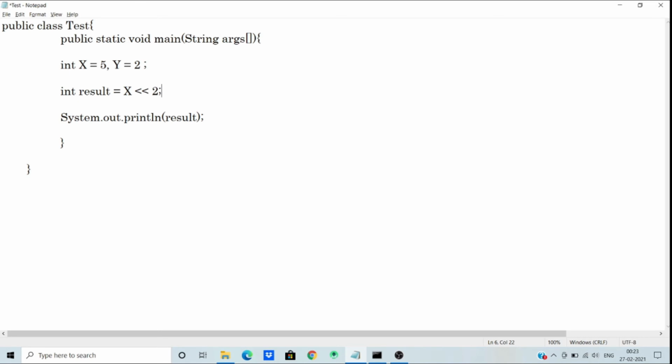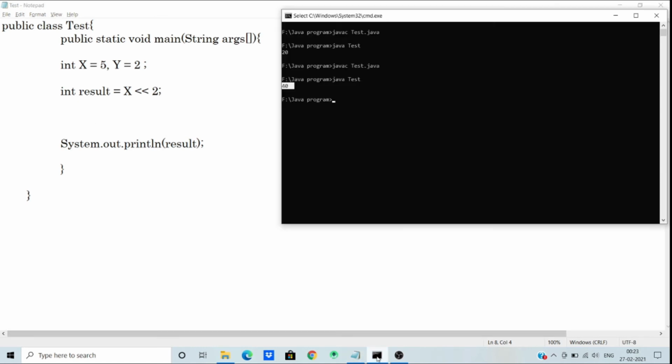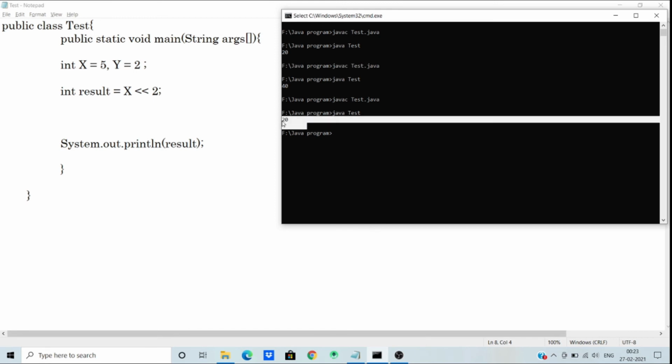So we can write x, meaning 5, as 101, and then left shift means shift this by 2 locations. So this number is equivalent to 20, meaning the output will be 20. So to check, save this file and run this file. So the output is 20.